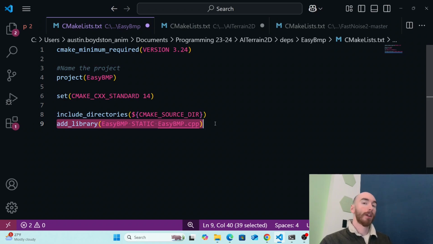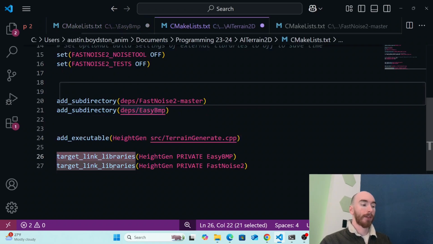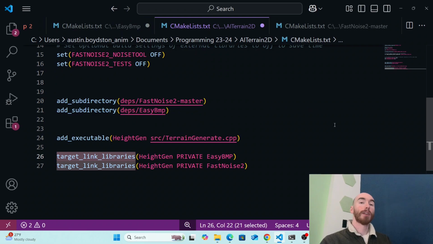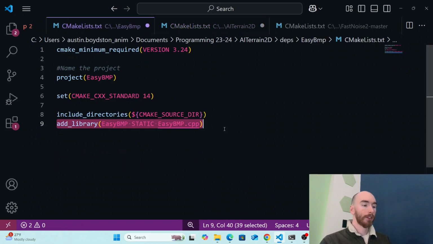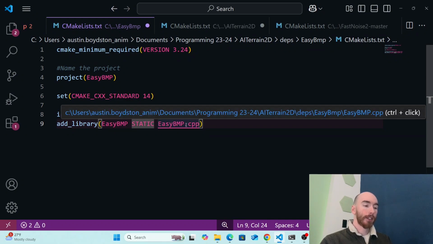CMake lists, but not in our main one. Notice over here I don't have an add library. That's because this is not a library. This is the main part of my code. So I do this to designate this as a library. I'm building a static library, and all I have to do to compile this is just to pass in the